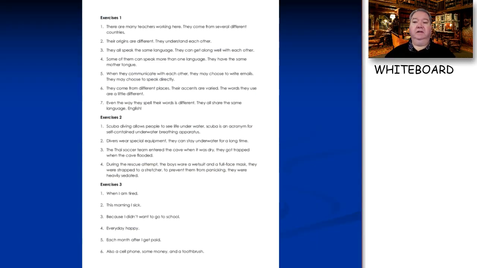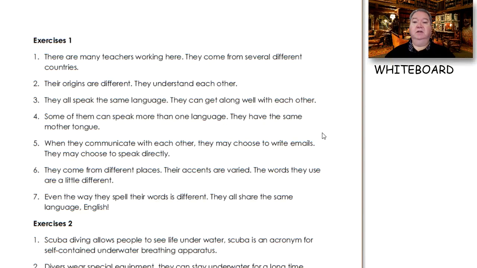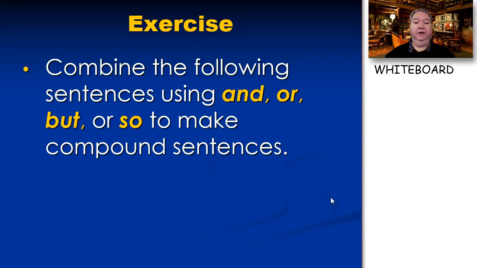At the end of our last class, you had some exercises to do. You've got a sheet of exercises here with 3 different sets, 1, 2, and 3. And we just started looking at the first ones, so let us continue with those. We went through number 1 here, and there are just 7 questions in the first section here, so let us continue there. And the directions were to combine the following sentences using and, or, but, or so to make compound